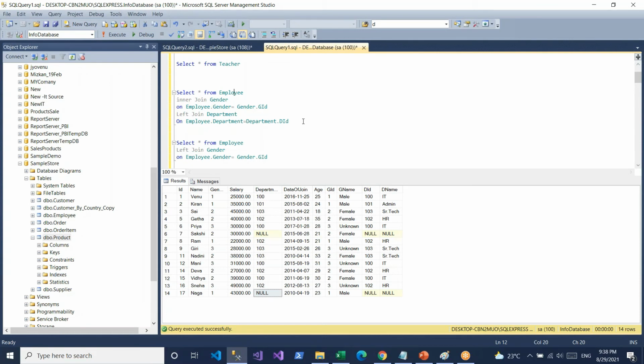Can you repeat the question clearly? Yeah. Suppose in table 1 there are 5 rows corresponding to the same ID, right? And in table 2 there are 10 rows with the same ID, having the information of the same person. So when we apply the left join, how many rows are we going to get in the resultant table?